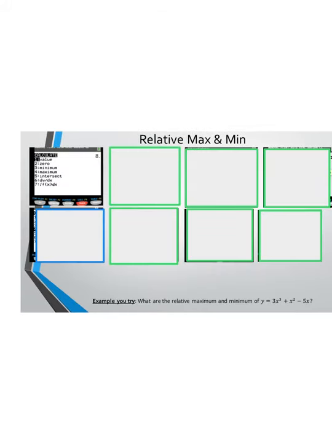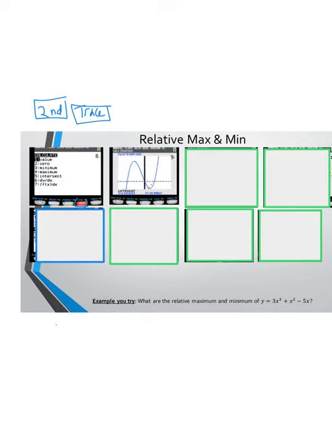The next thing we need to do is push the second button. So you'll want to push second, trace. Okay, so the trace button is red in this picture. It is located here. And it should pull up this menu that says value, zero, minimum, maximum. We are going to choose minimum, option number 3. And when you do so,